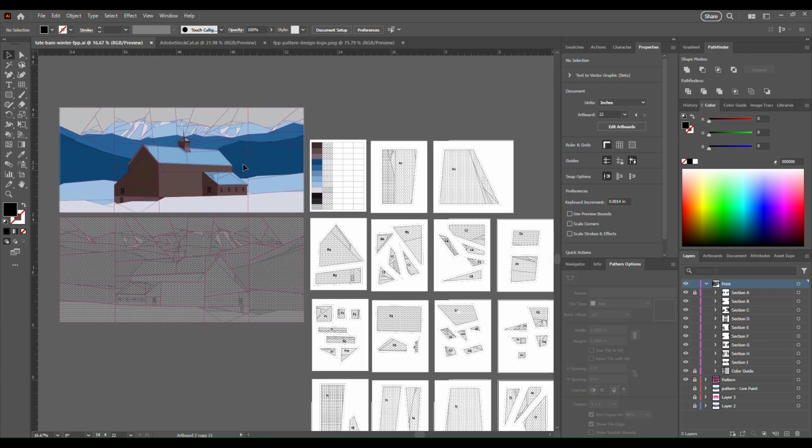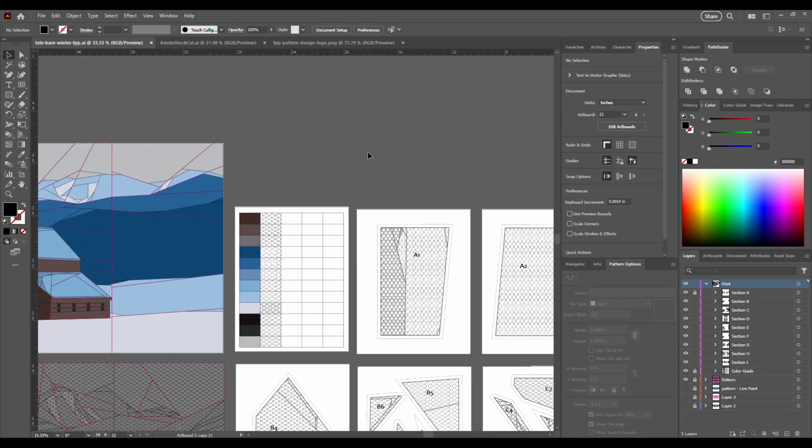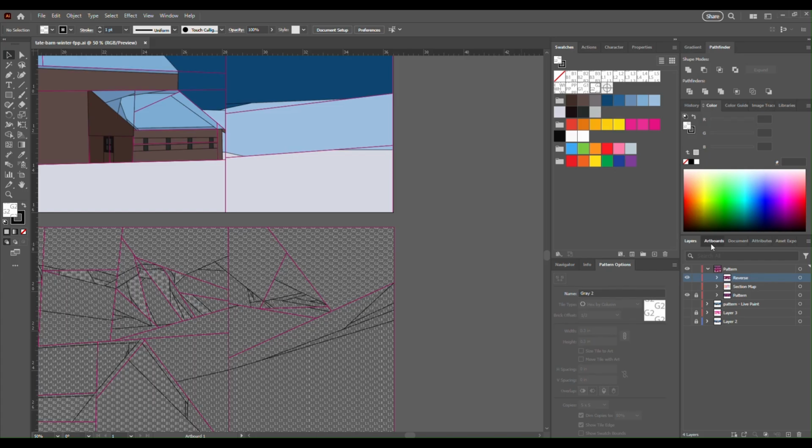Welcome to part 4 of FPP pattern design in Adobe Illustrator. In this session, we'll go through how to actually start creating your pattern that will be printed off. Let's get started. So in this case, we want to go over to our artboards and we're going to create